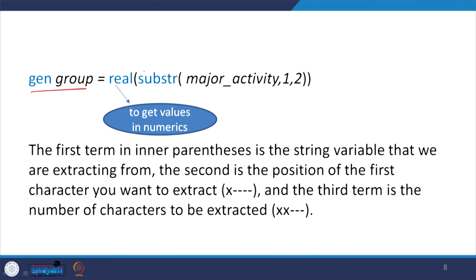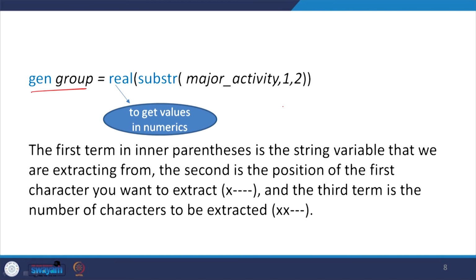In our case the variable is measure activity, which I have just shown to you. Most importantly, in the parenthesis you need to mention which string variable you want to substring. Here, for us, it is measure activity.